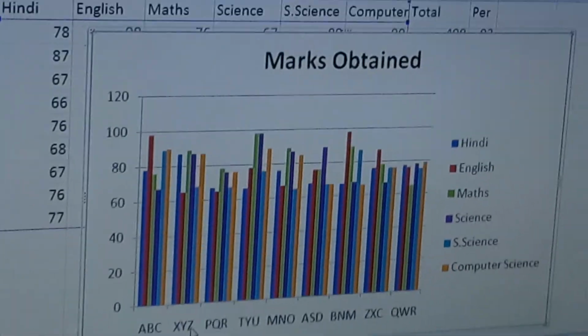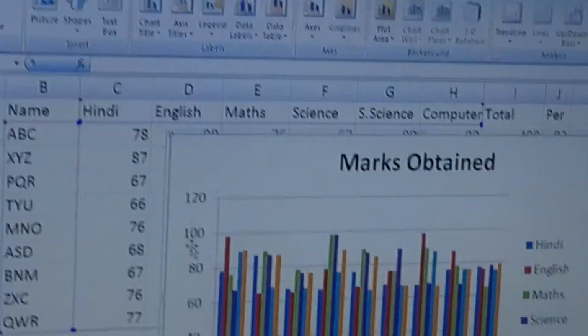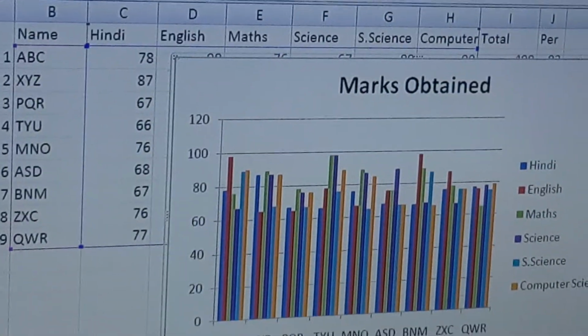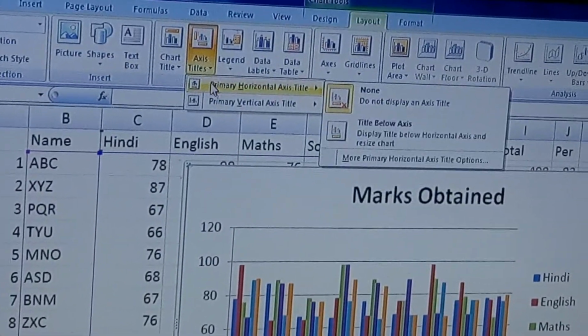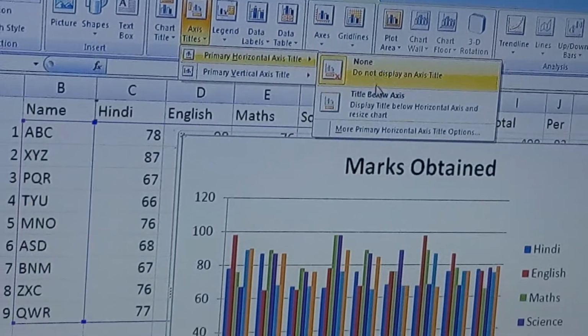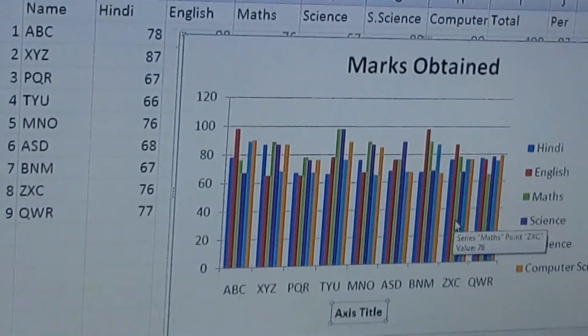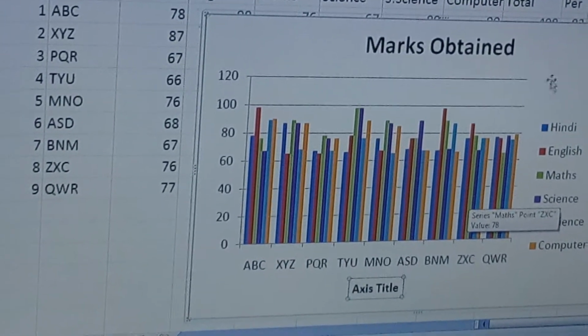Now on the x-axis it is name of student, and on the y-axis it is marks. So there is an axis title. Click here, primary horizontal axis title. You have to write what? Name.